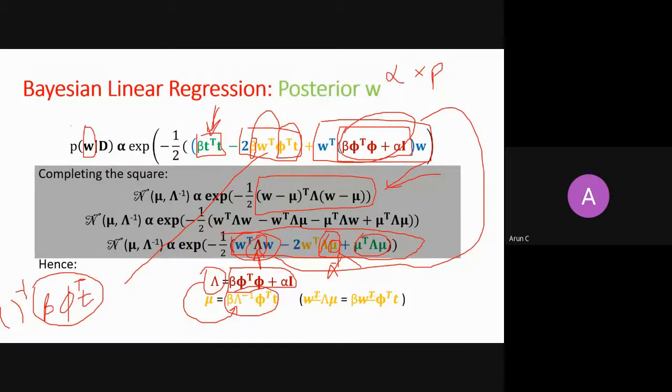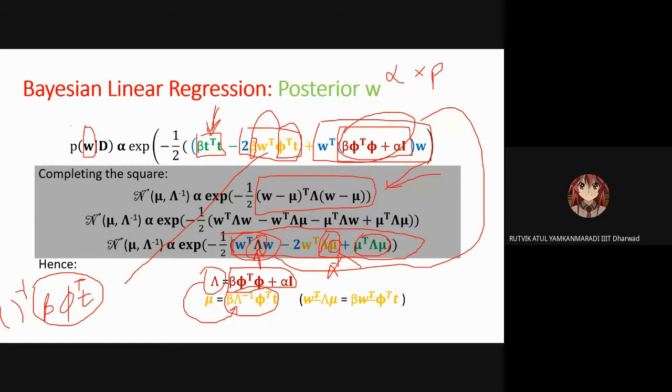And if it is a Gaussian, then I should have a mean and a variance, right? Covariance. So this mean and covariance, I have derived. I've said that my posterior distribution is again a Gaussian distribution with this mean and covariance, and I have written the covariance in terms of a precision matrix. Any question? Quickly, any question? You understood this?